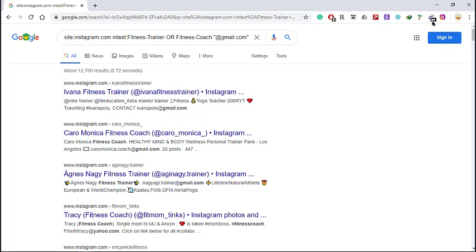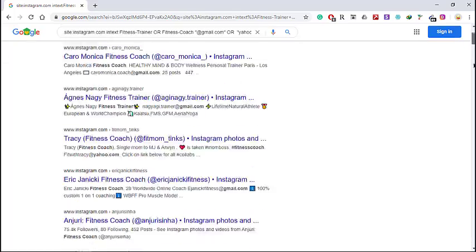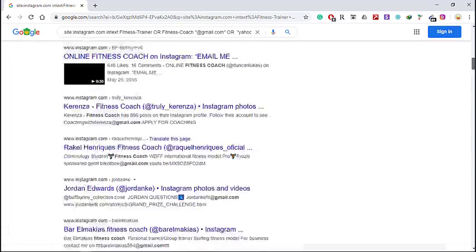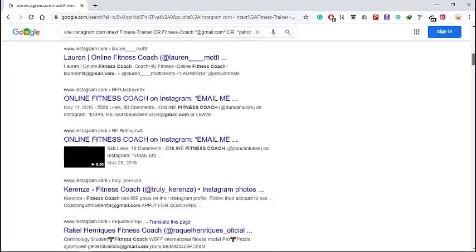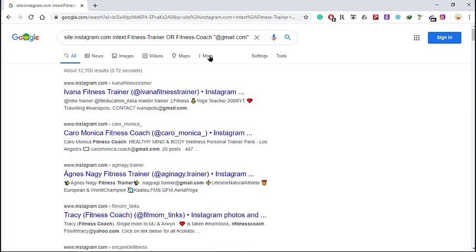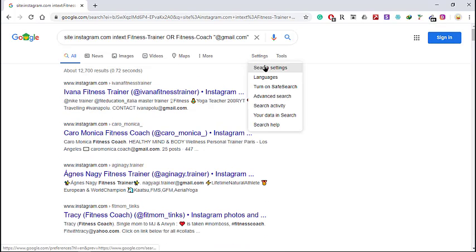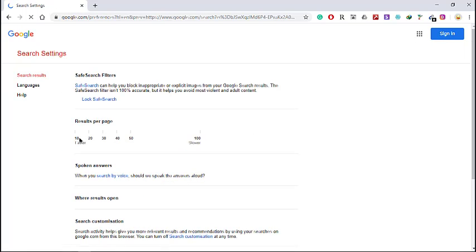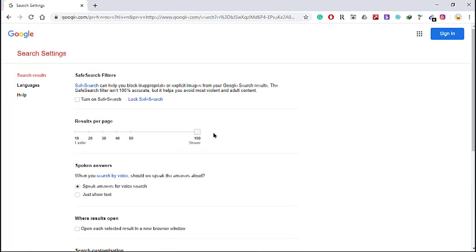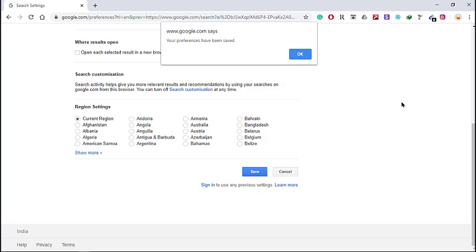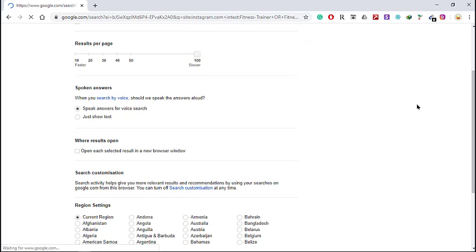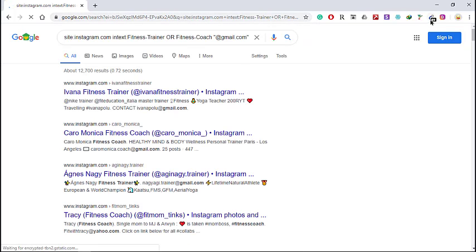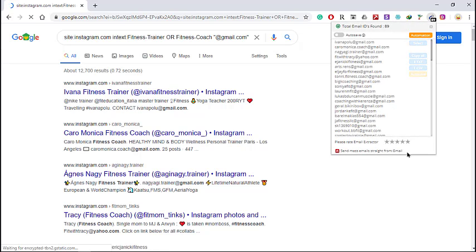Here you could see there are 89 email IDs on the first page already extracted. For maximum efficiency, you could change your settings and keep it at 100. It's already at 100 for me. That's the reason it has pulled 89 email IDs in a single stretch.